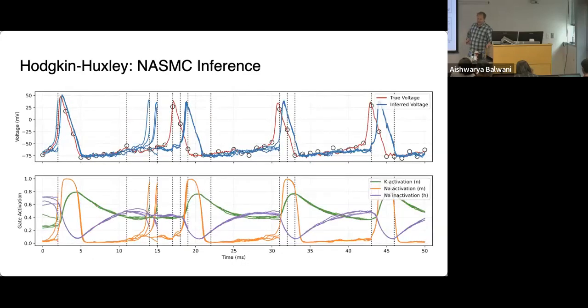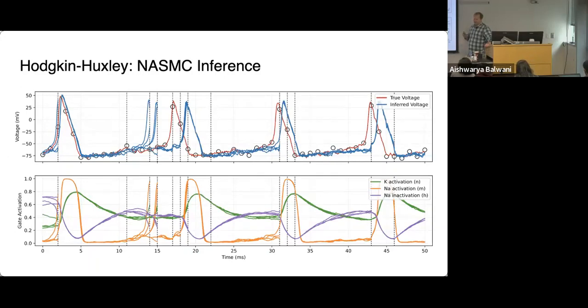Finally, let's come back to that Hodgkin-Huxley example. So this is a nice one where we have relatively slow and noisy voltage measurements. From these, we're simulating data here, but we're imagining this is a stand-in for a voltage imaging setup. When you run the existing methods that just use the filtering distributions, you get a lot of these spurious spikes. They're not particularly well aligned with the true spikes, which are shown in red.